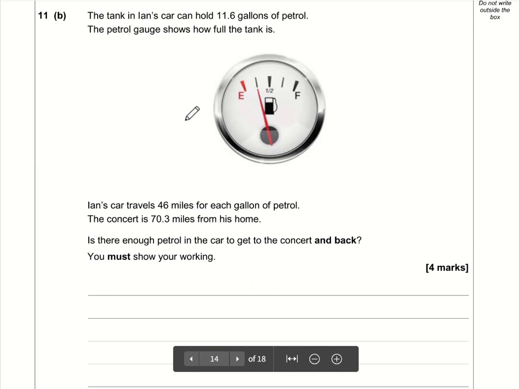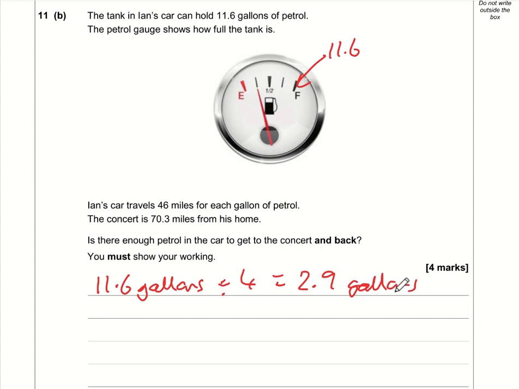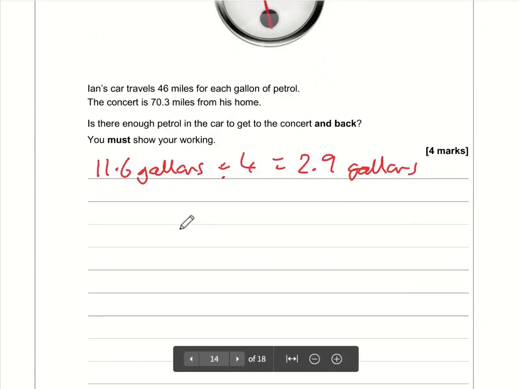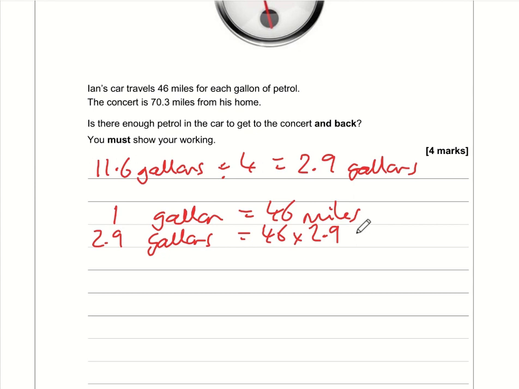Okay, so 11B. So the tank in Ian's car can hold 11.6 gallons. So when it's full, that is 11.6 gallons. So up to here is 11.6. Now it's a quarter full. So what we need to do is 11.6 gallons divided by 4 to work out how many gallons are left. So that is 2.9 gallons. Now, if 1 gallon gives you 46 miles, then 2.9 gallons will give you 46 times 2.9 miles, which is